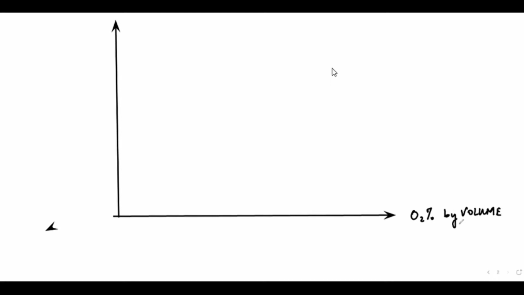So what is there in the flammability diagram? We'll have the x-axis and y-axis. Please draw with me. We'll have the x-axis and y-axis. Along the x-axis, we have oxygen percentage by volume. So let's make a mark here, 5,